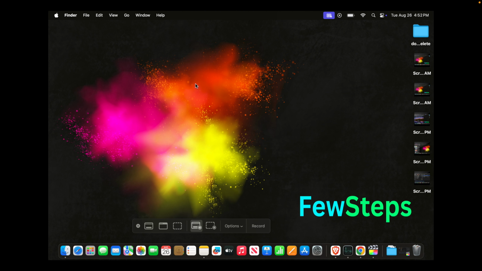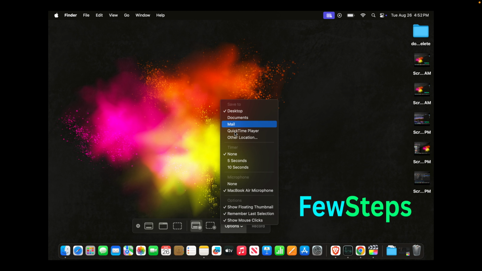And then after that, we also need to enable the audio. If we click options, it will show us everything. So here there is a MacBook Air microphone. This is the microphone it will use. If you press none, then the microphone will not be used for recording. There are a couple of other options, but I'm not going to show you everything. The main important thing is the screen, whole screen or partial screen, and then whether the microphone will be selected